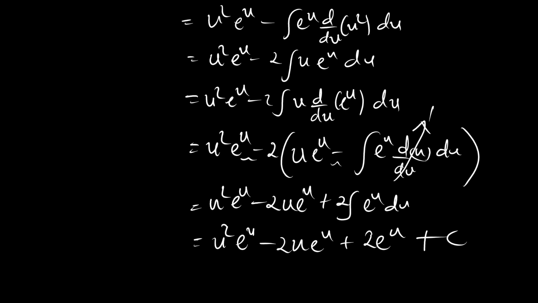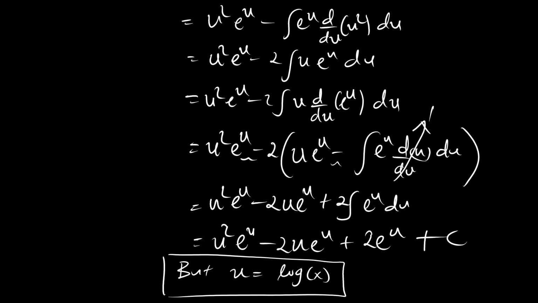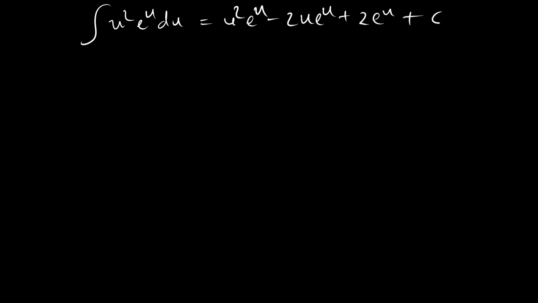The integral of e to the u in the u domain is going to be e to the u. But we said that u is equal to the natural logarithm of x, right? So with that in mind, if our integral of u squared e to the u du is equal to u squared e to the u minus 2u e to the u plus 2 e to the u plus c, then it means that